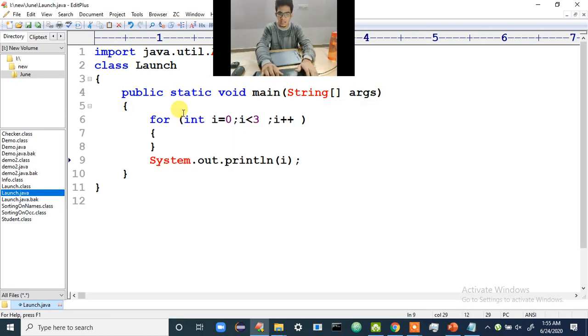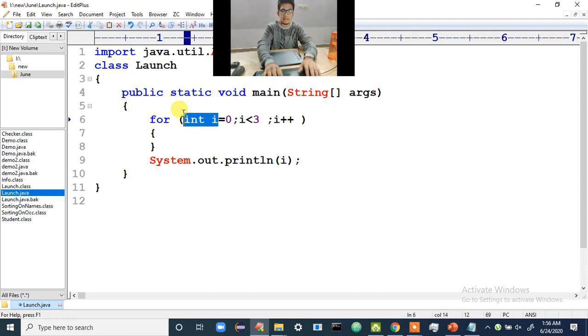You have to understand as a programmer why your I is not accessible to the main method. Why is it not accessible? Because you have to see where your I is declared. Don't you think your I is declared inside the for loop? If your I is declared inside the for loop, it is accessible only inside the for loop, not outside it. So how can you print outside the for loop here? That's the only thing you have to understand.